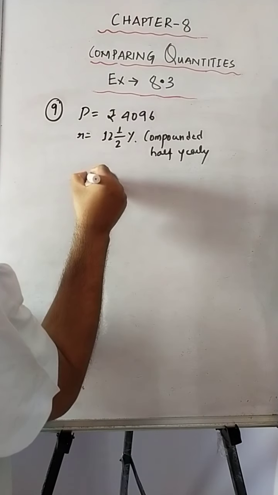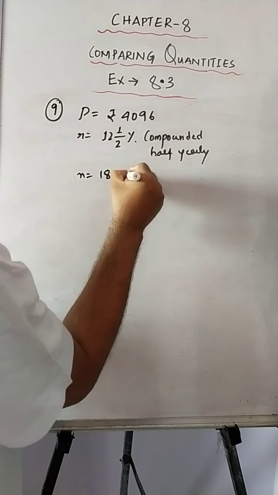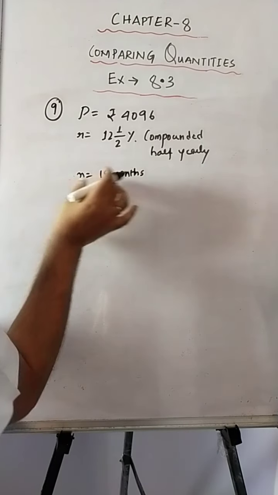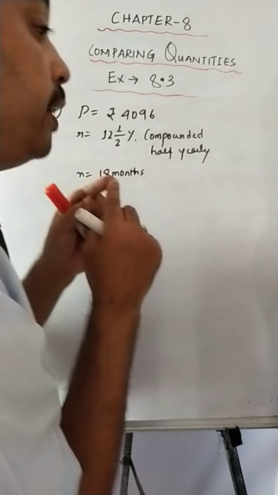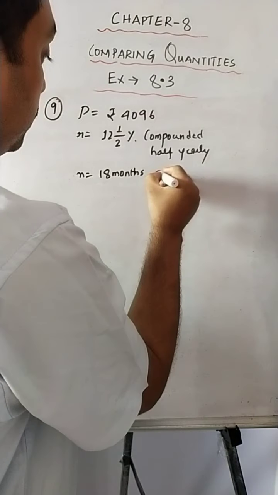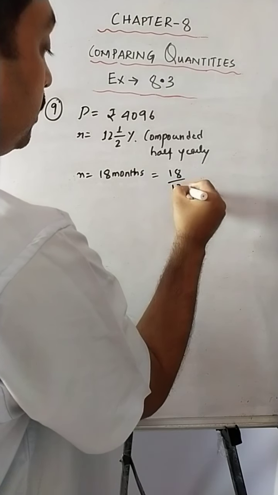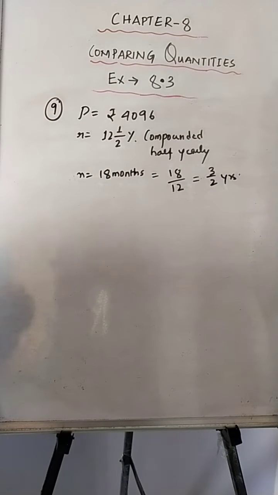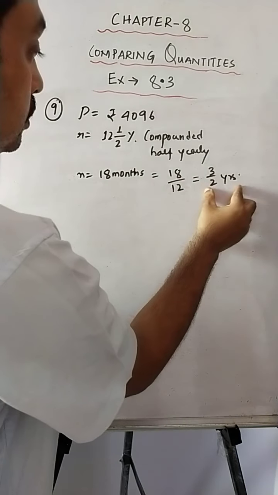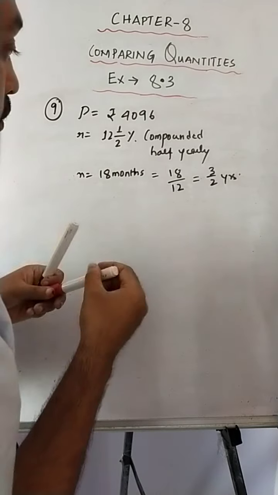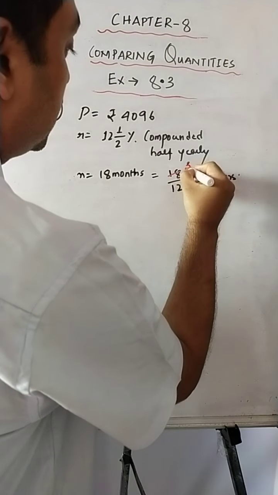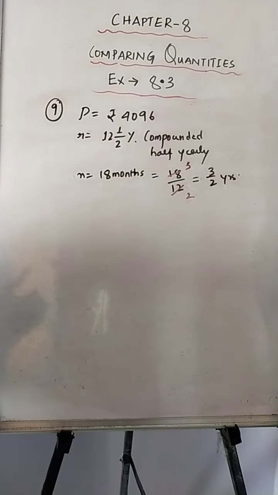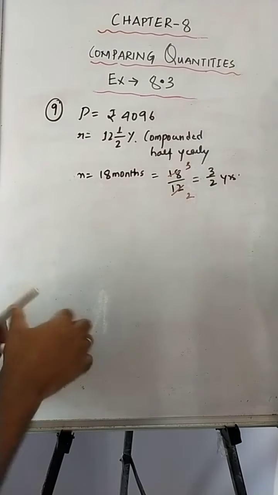And what is n given? n is given as 18 months. I said that if n is given in month form, you always have to change it into year form. So how will we do it? 18 by 12, and that would be 3 by 2 years. So 18 months is equal to 3 by 2 years. If you reduce this, how to reduce it? 6 3s are 18, 6 2s are 12, so 3 by 2 years. Okay, now as compounded half yearly is written, we'll directly use the formula of half yearly,